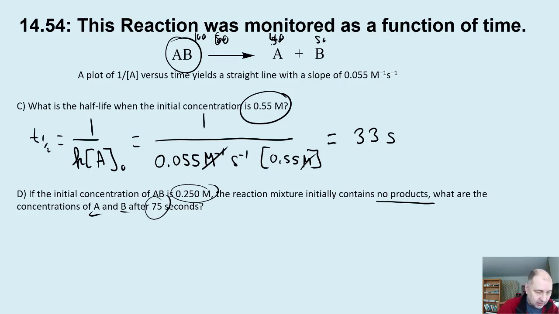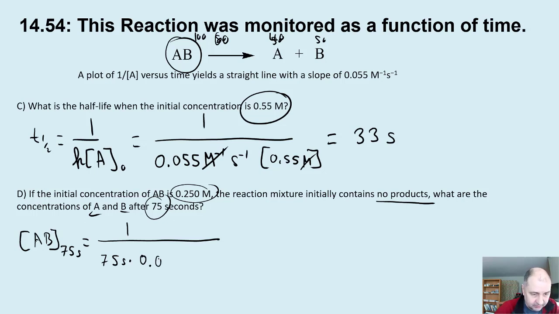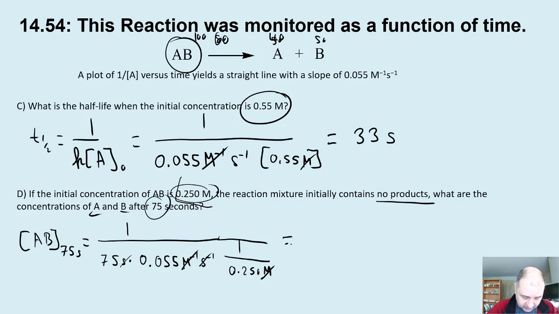So the integrated rate law from the chart is that the concentration of AB at time t, which is 75 seconds in our case, is equal to 1 divided by the time, which is 75 seconds, times the concentration, times K. Maybe I'll go there real quick after I'm done just to show you. 0.055 per mole per second times 1 divided by the initial concentration, which we are told is 0.250 M. And if you crank that out, again, this cancels here. This also cancels,